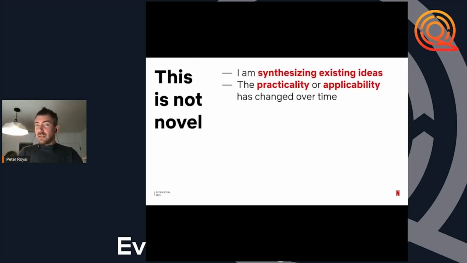And I just want to be very clear, this is not novel. Nothing that I'm saying here is novel information. I've been synthesizing existing ideas, but I feel that the practicality and the applicability of all of this is coming to the forefront now. There are new capabilities in applications themselves. Storage is now cheap. It is completely feasible to actually store all these changes. We're starting to deploy to these more virtualized environments in the cloud. Being message driven and keeping things as events becomes a very powerful way of building systems.